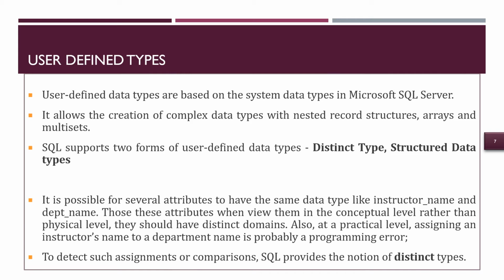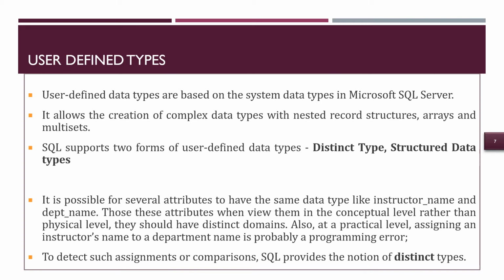At the conceptual level also, the domains of these two attributes might be the same. That means both represent a set of person names, right? So at the conceptual level as well as the physical level, these two attributes seem to be the same. But attributes like instructor name and department name, though they are defined using the same data type,